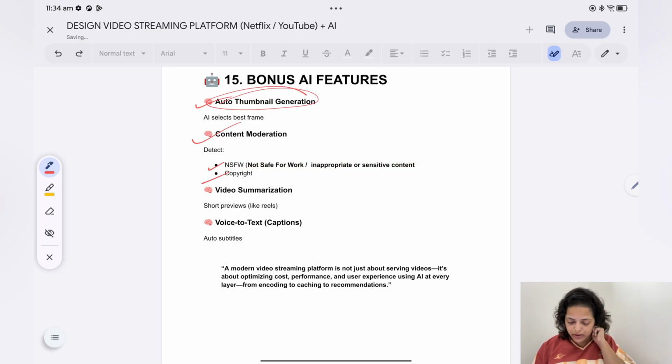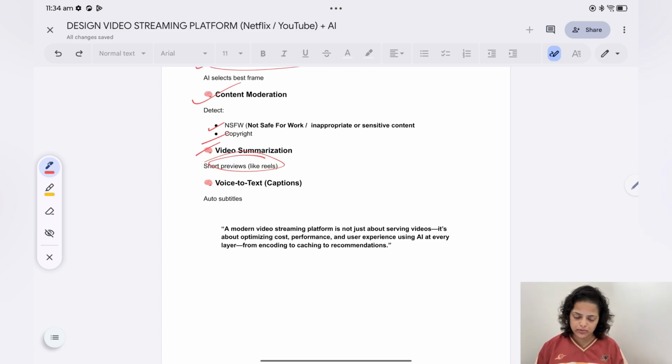NSFW is not safe for work, inappropriate or sensitive content. Now video summarization, a short preview of the video like reels, which we can also do using AI. Voice-to-text captions, so auto subtitles you can have. You don't need to add a subtitle file, SRT files.